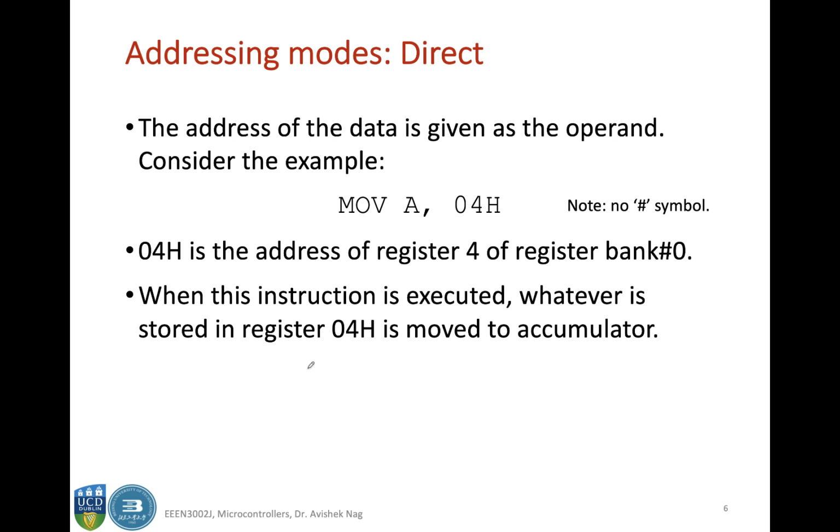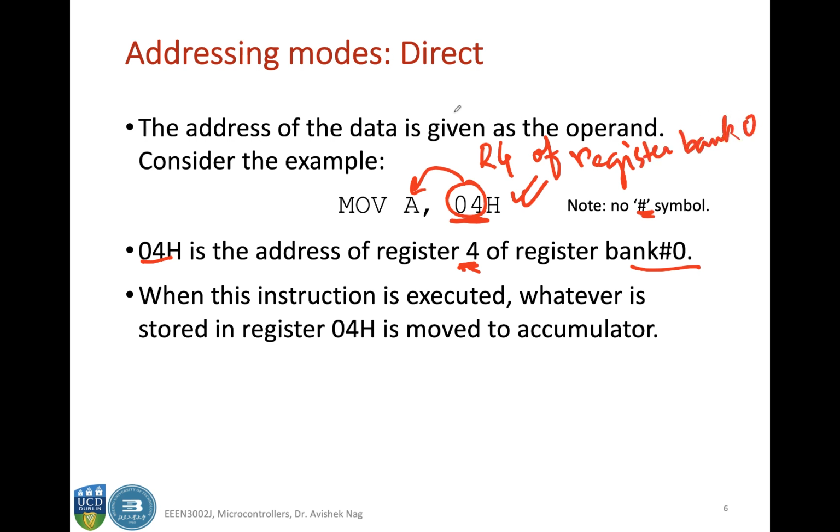Then comes the direct addressing mode. Here, if you omit the hash symbol, then what comes is the direct addressing mode. In other words, this number is treated as the address location, and whatever is there in this address is moved to the accumulator. This happens to be, by the way, the address of register 4 of register bank 0. So 04 specifies R4 of register